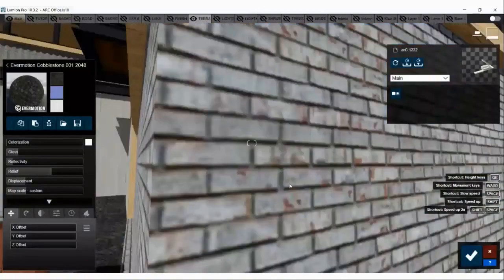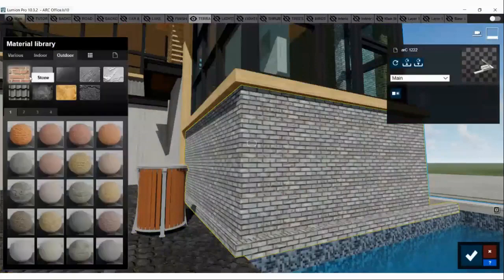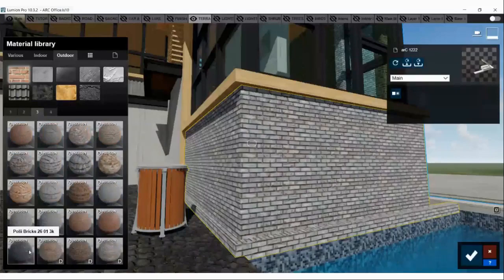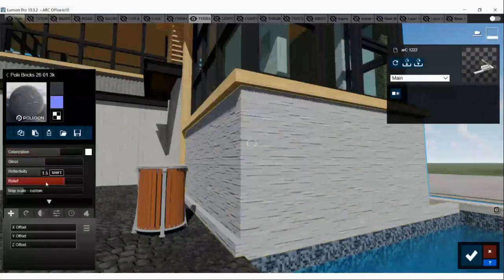Okay, so I will apply any brick from this material bar. Okay, change some color, and now here no displacement option is given. If you can see, colorization, gloss, reflectivity, relief, map scale, but no displacement.